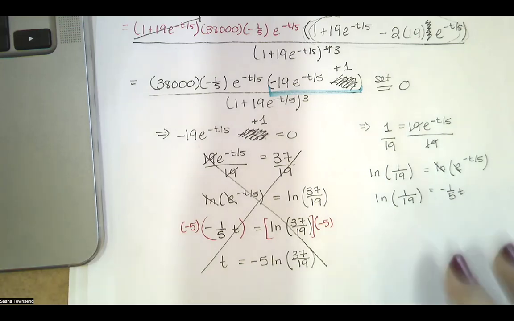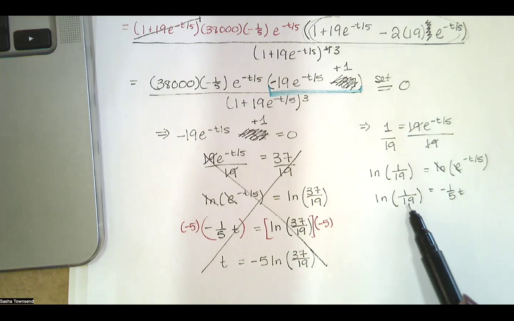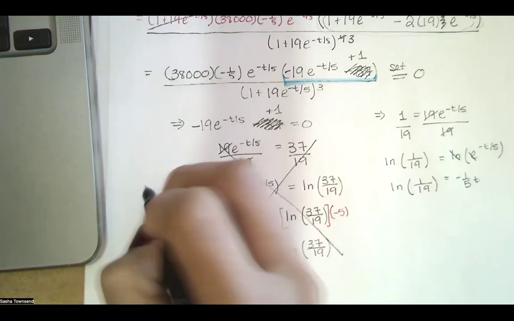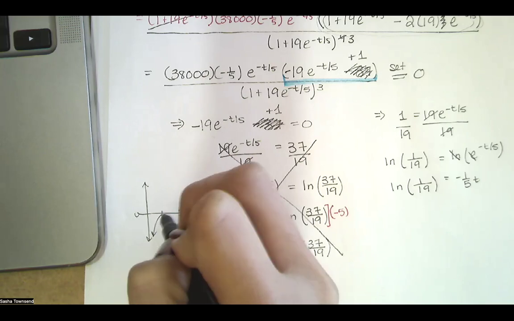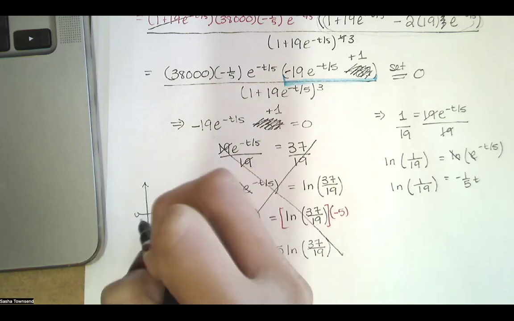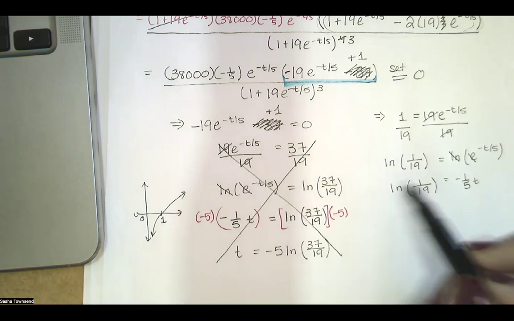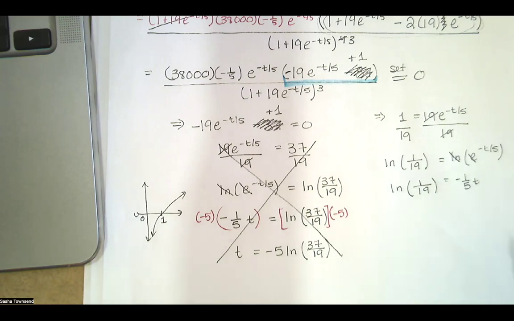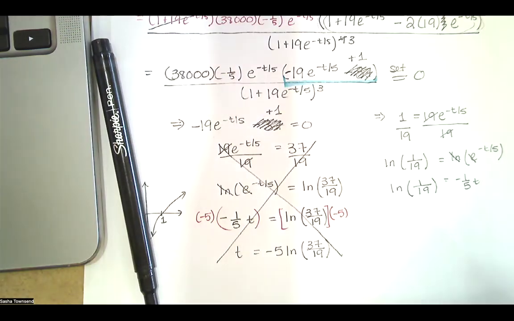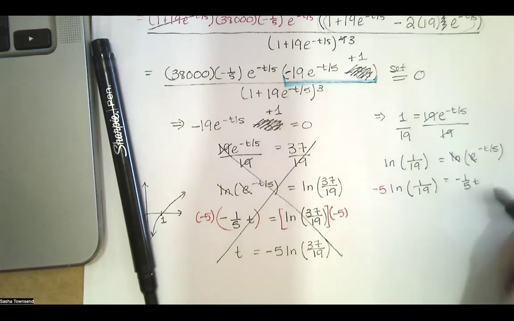And if you're saying to yourself, oh, you're still going to get a negative answer, we're actually not, remember, because whenever we look at a logarithmic function, that logarithmic function is negative on the interval from 0 to 1. Since I've got log of 1/19, that's going to be a negative number, and I'm going to multiply it by a negative 5 to get the t by itself. So if I multiply both sides by negative 5 now,